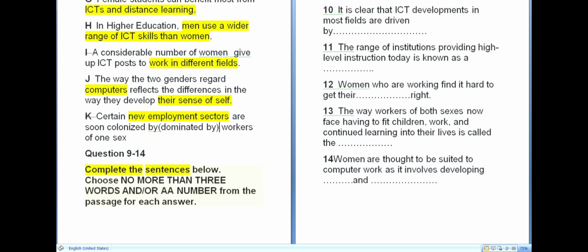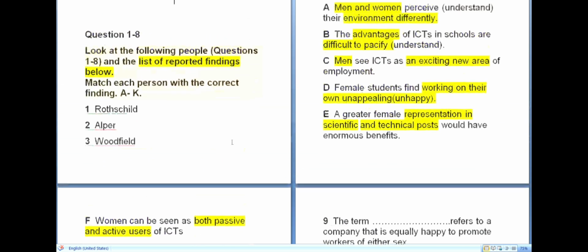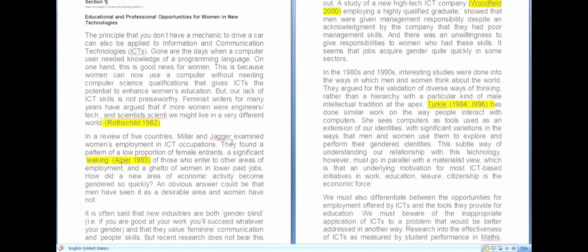What we have done so far, we have understood all the given statements. Now we go to the concerned person, that is paragraph A, and instead of reading the full paragraph, it is only that one line that you have to read. So reminder again, when you do list of people or any similar question like this, read only the concerned line in the passage, not the full paragraph. So because this is the last part, I am looking where the sentence has started. So this is the area where the sentence has started.